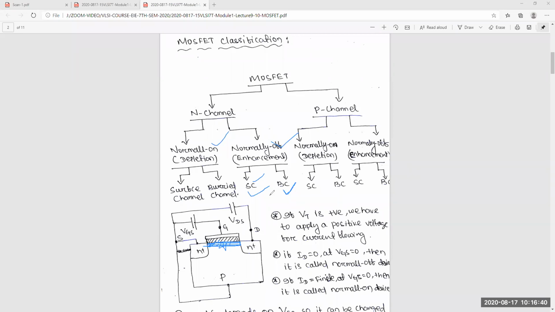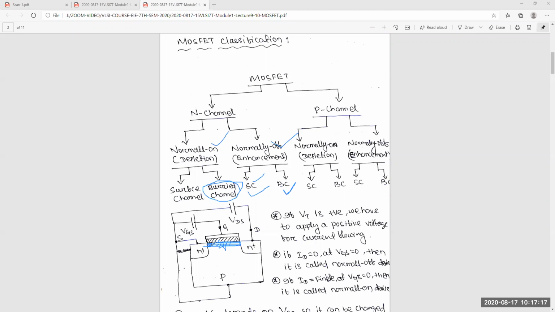Either it's a surface channel, where you don't have to do anything, or we implant on the surface only. A buried channel means we have to implant the charges in a buried layer. Obviously in fabrication, this buried part is another process. But depending on the application, we will do that. Only the threshold voltage changes. Got that point or not? Yes, sir.